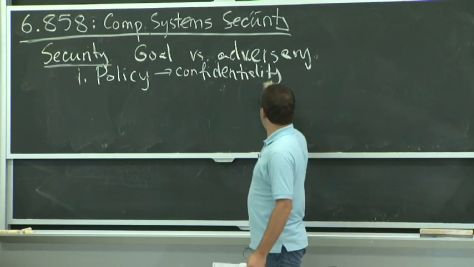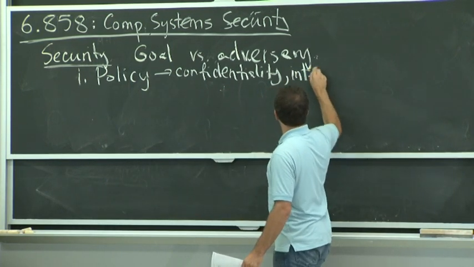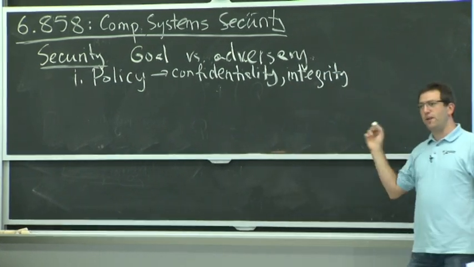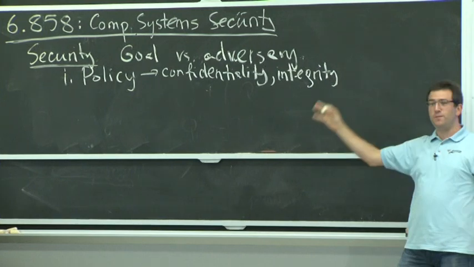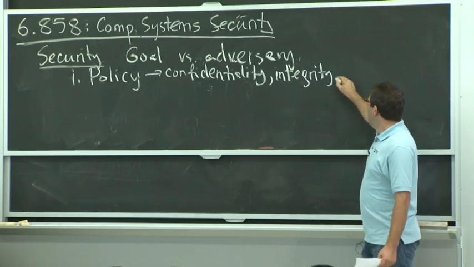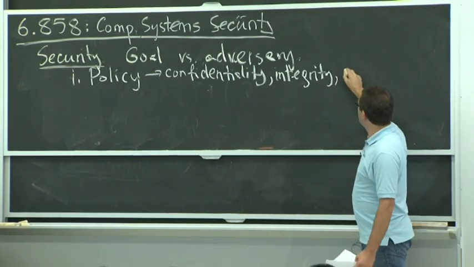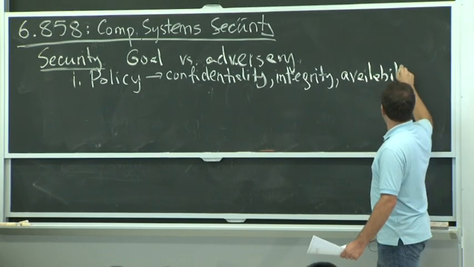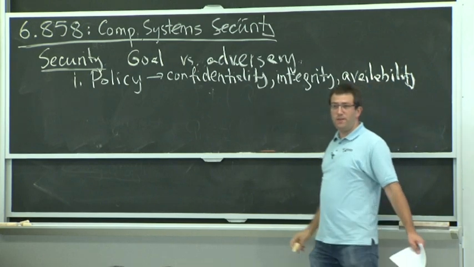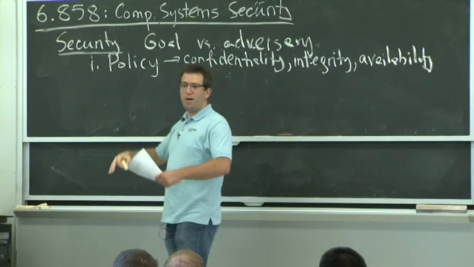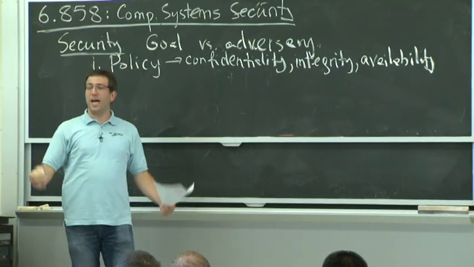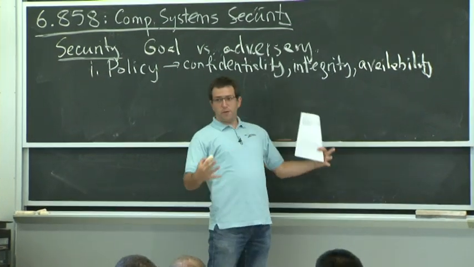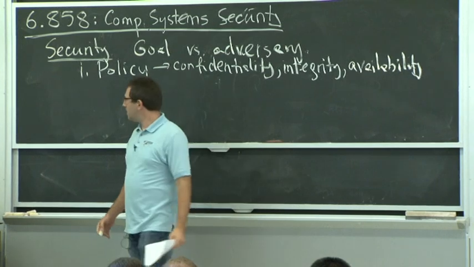Another example of a security policy has something to do with integrity. For example, only the course staff can also modify the grades file, or only the course staff can upload the final grades to the registrar's office. That would be great. And you can almost also think about things like availability. For example, a website should be available even if the bad guys try to take it down and mount some sort of a DoS, denial of service attack, on it. So this is all well and good. These are the policies that we might actually care about from a system.